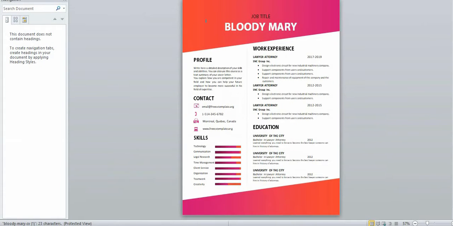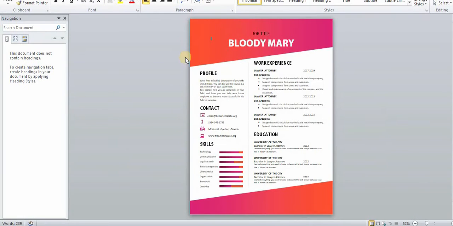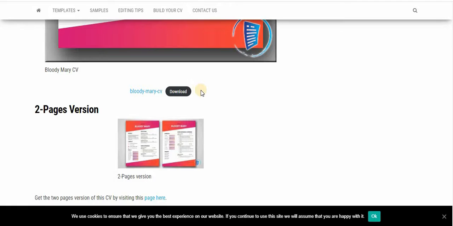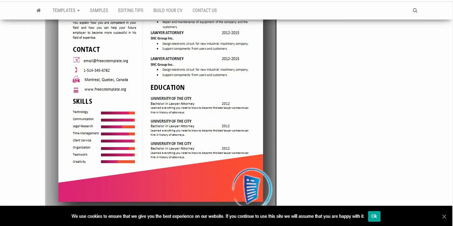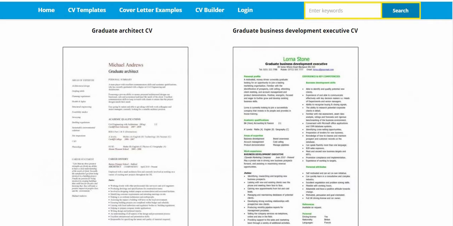Okay, so it opens in Microsoft Word. Cool. So now what do you have to do? Just click on it and then change it. Right? It's cool. Anything you want to change, you can change from here. Great. So you get the idea. That was Get a Free CV. And then the next one is this one,